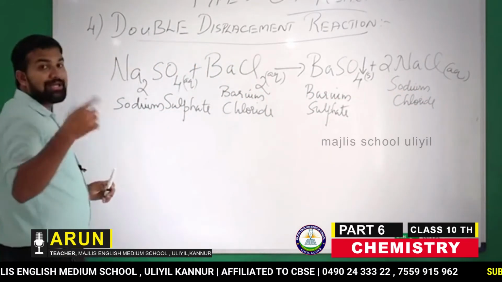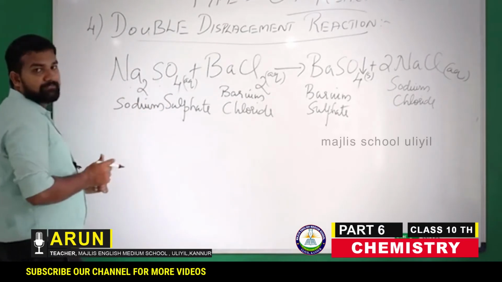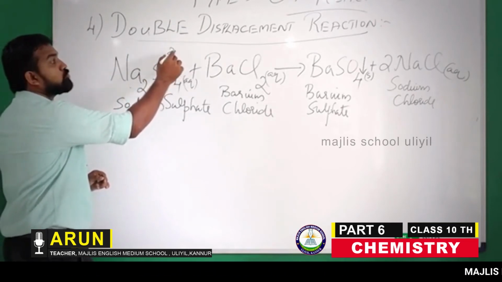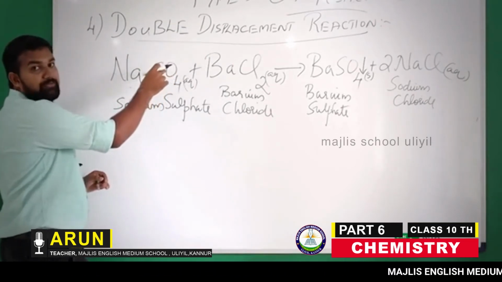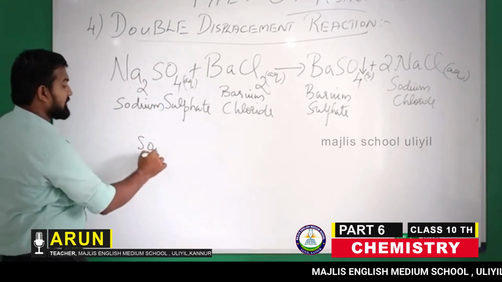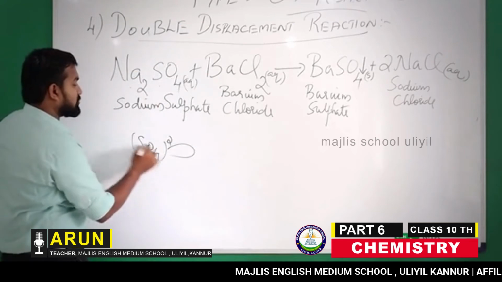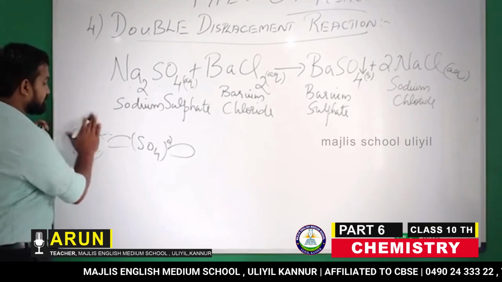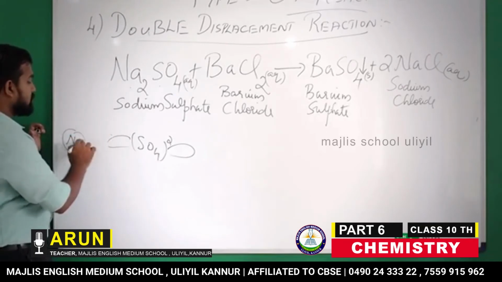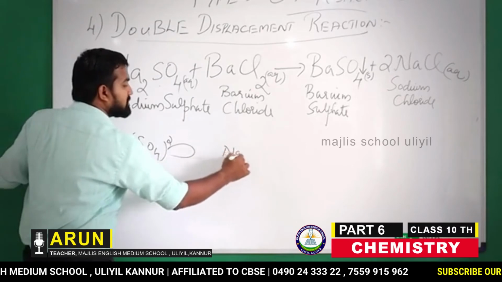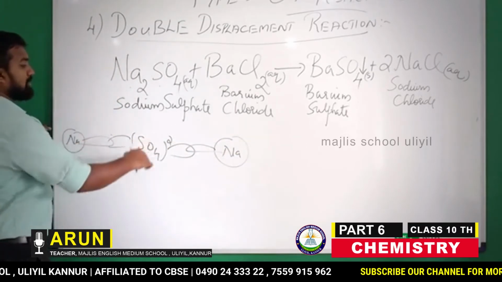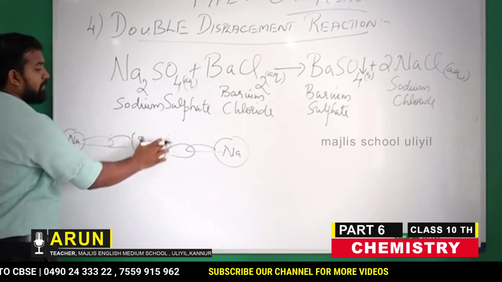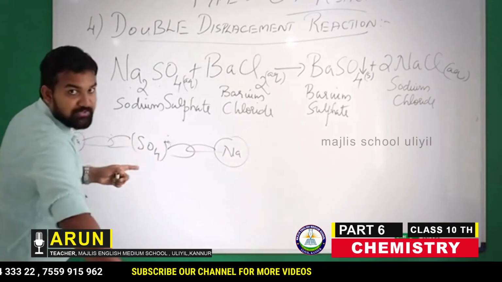So listen to what has happened. Sodium has one hand. Sulfate, SO4 2 minus, has two hands. So two sodium ions join the sulfate ion, one sodium joins here, and one more sodium comes and also joins. So Na2SO4. Since it is 2 minus, two hands were there. This is how sodium sulfate, Na2SO4, forms.